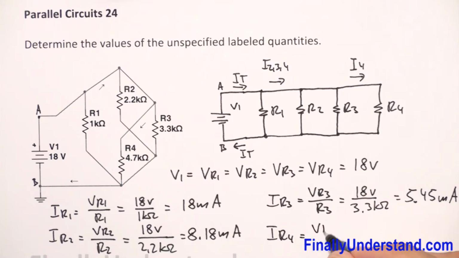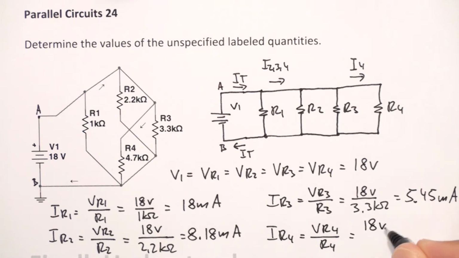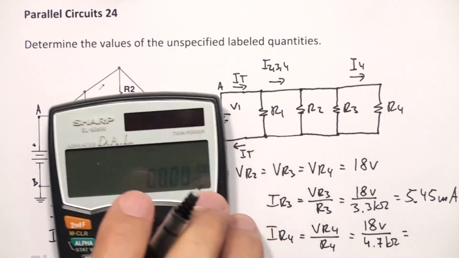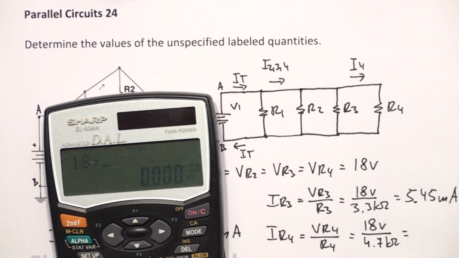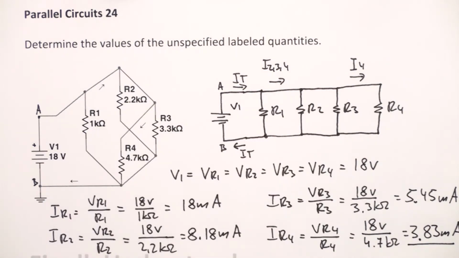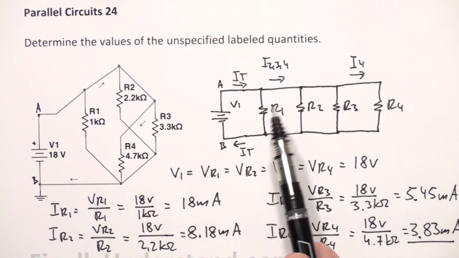IR4 is equal to VR4 over R4, which is equal to 18 volts over 4.7 kilo ohms. This is equal to 18 divided by 4.7 exponent 3. This is equal to 3.83 milliamps. Okay, so this is the current which goes through the resistor R4. Okay, so we found the currents through each resistor, and now we're supposed to find current